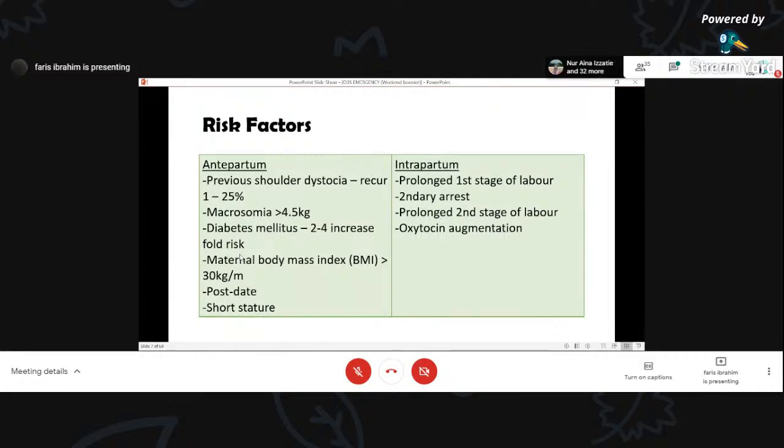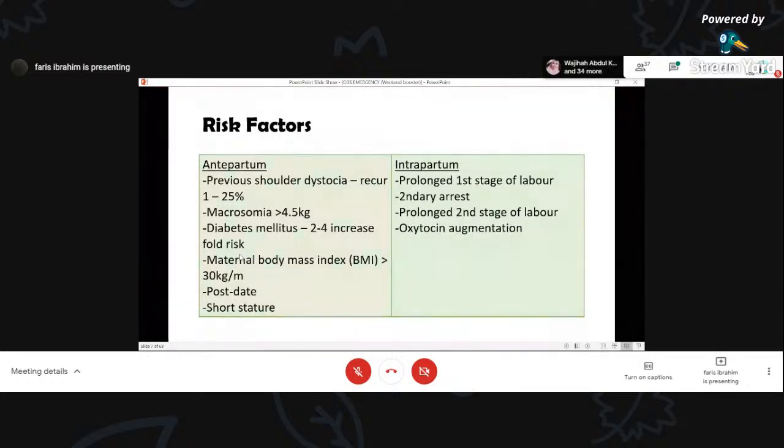CPD. So short stature, its definition, if you look at the definition for CPD, is a mother who is less than 145 cm. It means anyone below 145 cm is prone to get cephalopelvic disproportion. Okay. Now, intrapartum risk factors, number one is a prolonged first stage of labor, prolonged second stage of labor, secondary